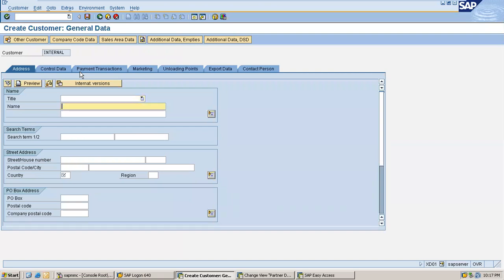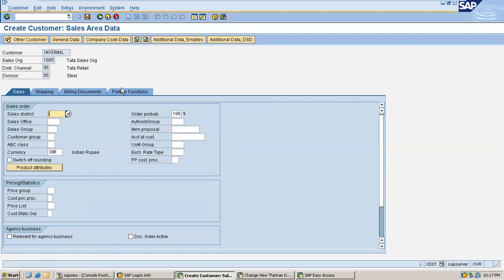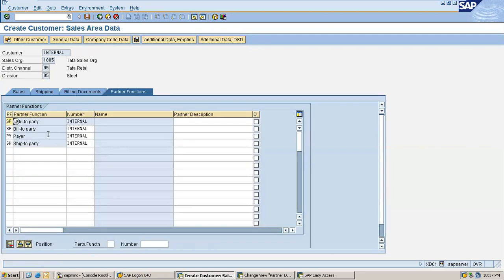If I successfully create a customer number, two things to observe immediately: it should generate a number with the 5 series and it should automatically generate partner functions. See, it is already picked. If it is not picking, you don't see this internal text here.